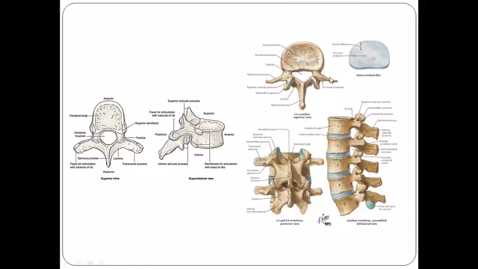the quadratus lumborum. Between these two, you will get a vertical ridge, which gives attachment to the anterior layer of thoracolumbar fascia. The tip of the transverse process gives attachment to the middle layer of thoracolumbar fascia. On the posterior surface of the transverse process, towards the posterior inferior part, it bears a small tubercle or process, known as the accessory process. Here you can see the accessory process, which is related with the attachment of the medial intertransversus